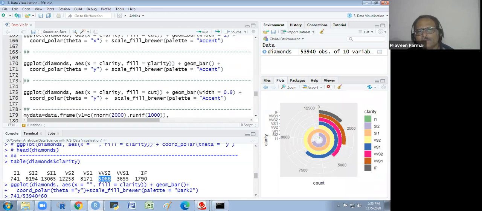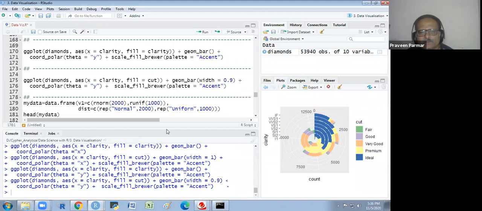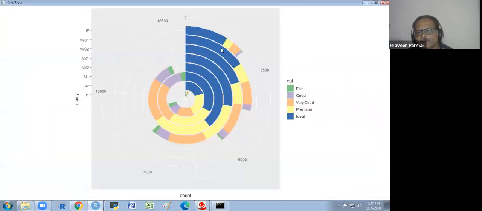We are putting, instead of clarity, the cut only in the fill, and for width I am taking 0.9. You could change the width whatever you require, and you see here we are getting this stack. So these are the polar graphs we could produce.